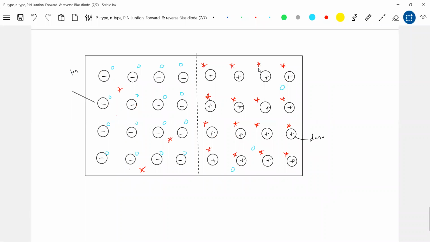Let's come to this one. I'm going to forward bias it. Already a depletion layer is formed. PN junction, I'm going to forward bias. The first thing is forward bias. The same way as what we discussed earlier, the movement of ions, the movement of majority carriers. Similarly, what happened? We have to give an explanation here.